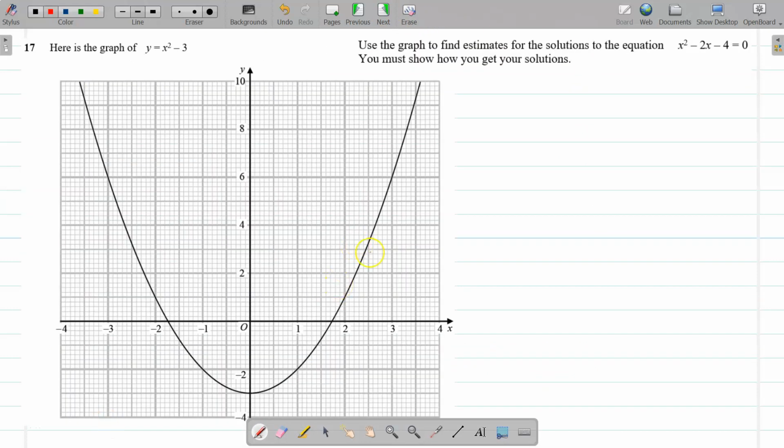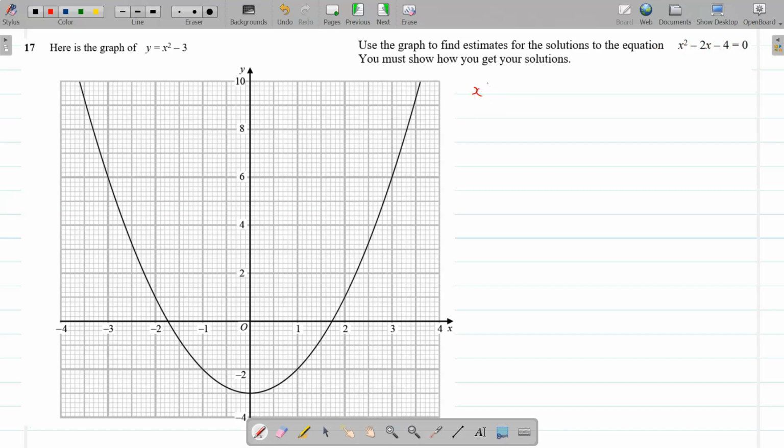In this question, this is about graphical solutions of a quadratic curve and a straight line. So what's going to happen here is we've got the graph of y equals x squared minus 3. So it's like the graph of y equals x squared that's been translated 3 units down. And we've got to use the graph to find estimates for the solutions to this equation. Now this equation doesn't look like this one, but what we're going to do is split this up. So if x squared minus 2x minus 4 equals 0, then what I'm going to do with that